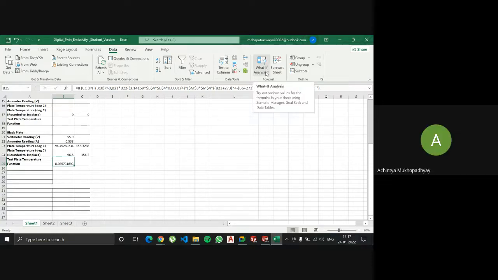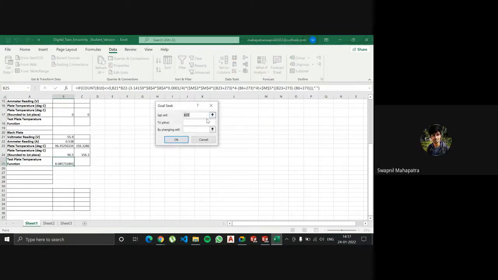হোয়াট ইফ অ্যানালিসিস ক্লিক করো, হ্যাঁ করে মাঝখানে সেকেন্ড যেটা আছে গোল সিক। মানে বেসিক্যালি এটাতে একটা নন লিনিয়ার ইকুয়েশনকে সলভ করো। তুমি গোল সিকটাকে ক্লিক করো। গোল সিক ক্লিক করার পর সেট সেল, মানে তুমি B25 এর যে ফাংশনটা আছে সেইটাকে। তুমি কি ভ্যালু দিতে চাও, বেসিক্যালি ইকুয়াল টু 0 করে আমি ইকুয়েশনটা সলভ করার চেষ্টা করছি। এই ফর্মুলাটা ইকুয়াল টু 0 করে আমি টেম্পারেচারটা বার করার চেষ্টা করছি। সো টু ভ্যালুটাকে 0 দাও। হ্যাঁ স্যার।